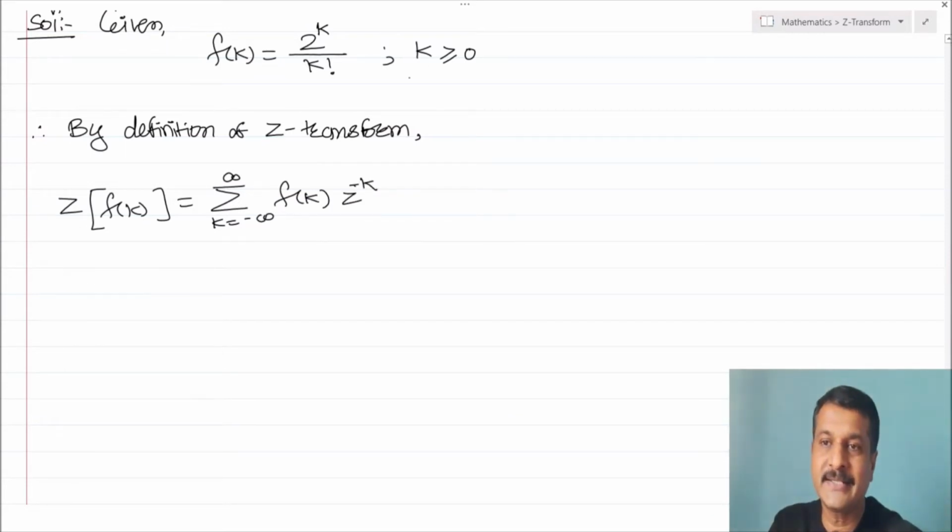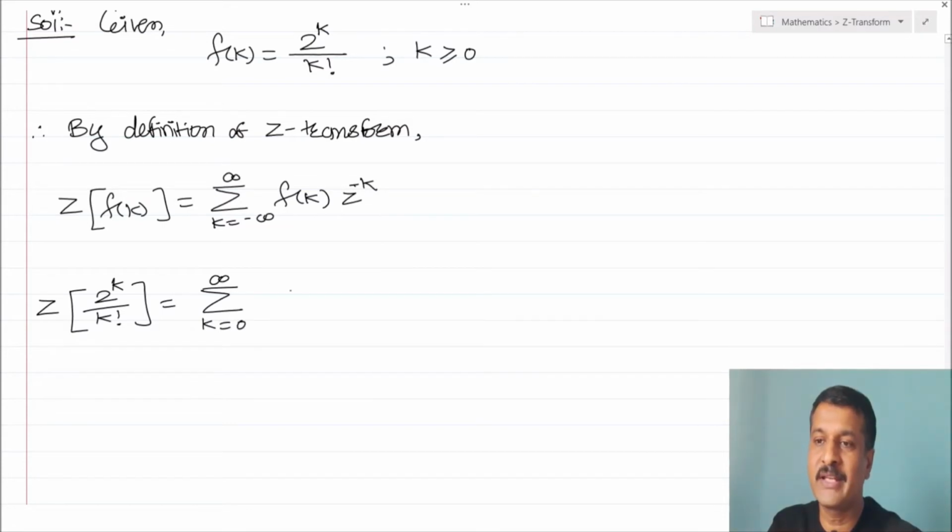But here k is greater than or equal to 0, and that is why Z transform of 2 raised to k upon k factorial equal to summation k varies from 0 to infinity 2 raised to k upon k factorial into z raised to minus k,